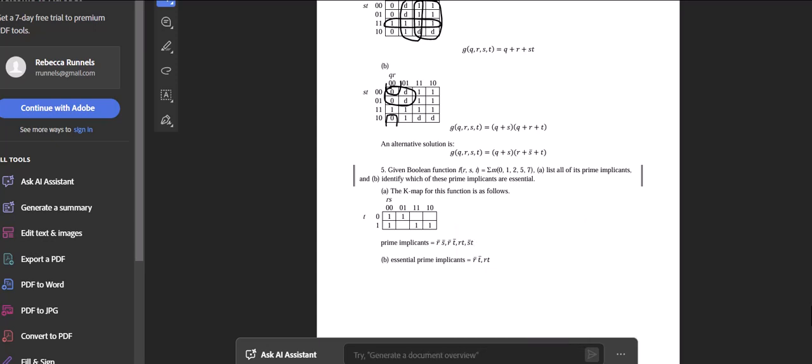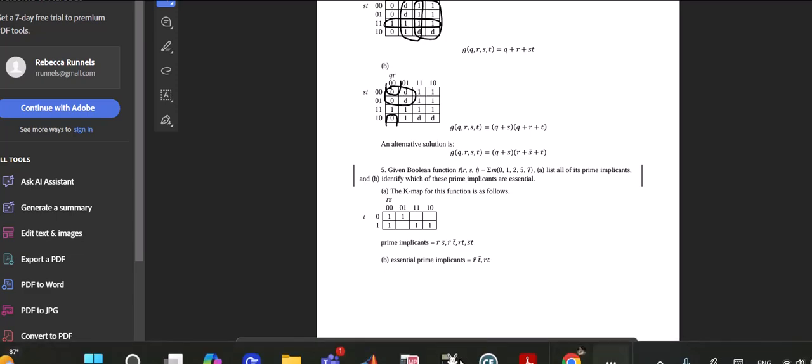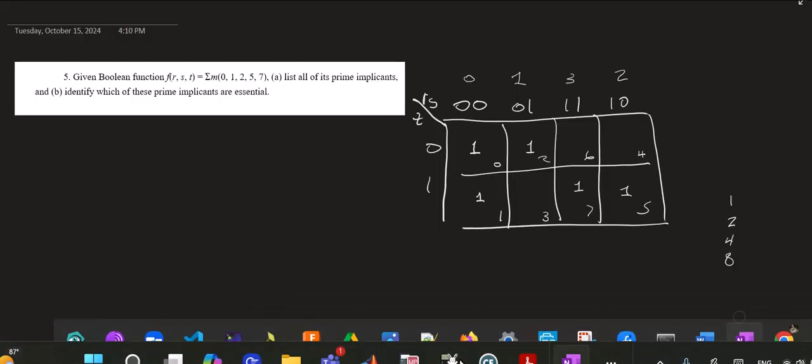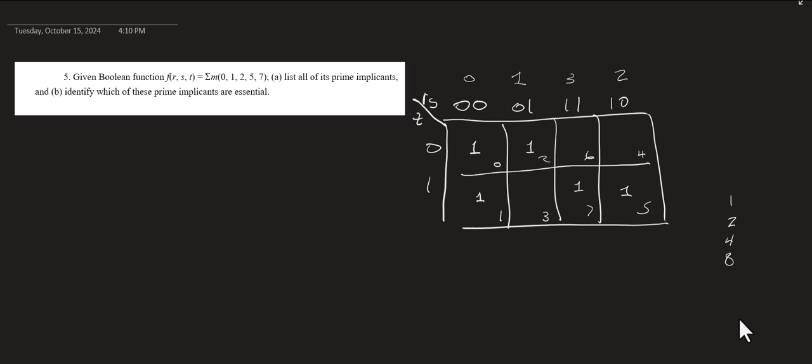Yes. So any one that is legal is going to count. So I could have this one, and I could have this one, and I could have this one, and I could have this one,